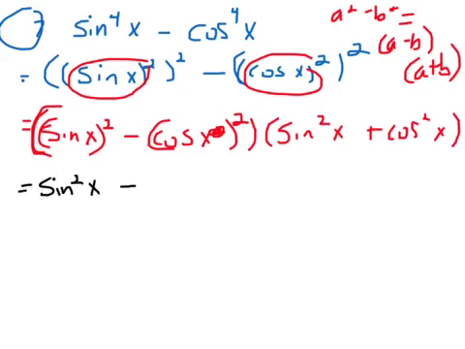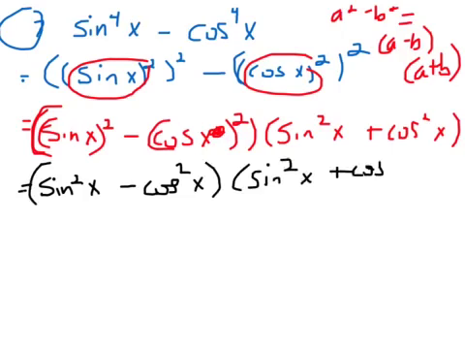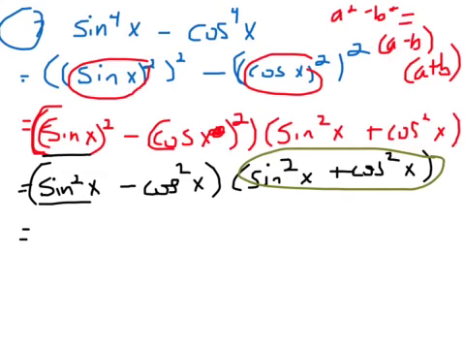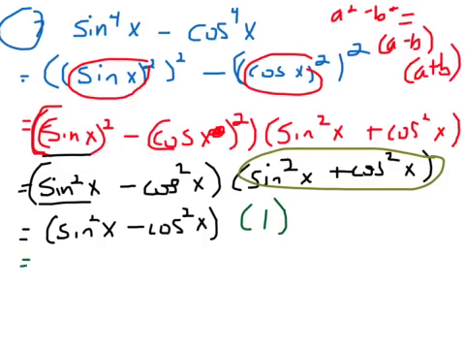Okay, so this is sine squared x minus cosine squared x times sine squared x plus cosine squared x. Remember that these two are just different ways of writing the same thing. Now, I know that sine squared x plus cosine squared x, which is what I have right here, is equal to 1. That's a Pythagorean identity. So I've got sine squared x minus cosine squared x, and then I can replace that second parentheses with just 1. Okay? So now I'm down to